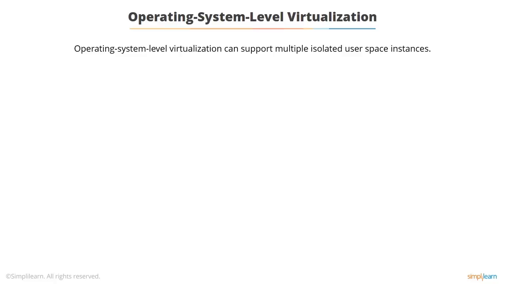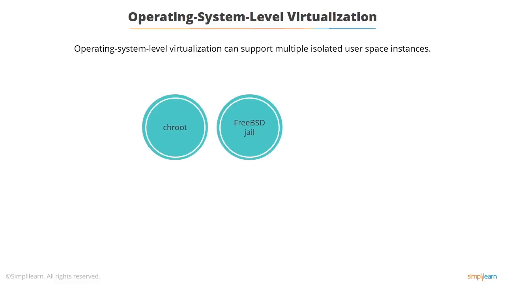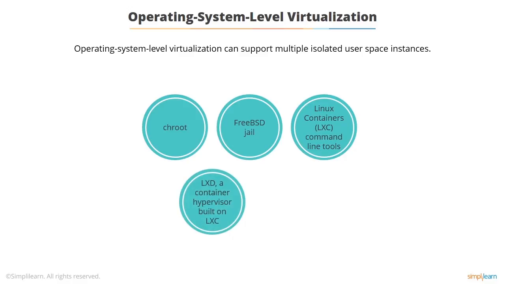There's a number of them about. We said chroot's been around for ages. The FreeBSD jail has been around for a while. Where it started to get interesting was with the Linux container LXC command, and later LXD, which is basically a full virtualization layer, a hypervisor built on LXC. And now we've got Docker. Docker is the leading suite of tools for managing and creating containers, and it's gaining a lot of traction at the moment. We're going to use Docker quite a lot because it's a great way of doing things. There are a lot of ready-made containers out there which you can just pull down and use, and you can make your own very easily.